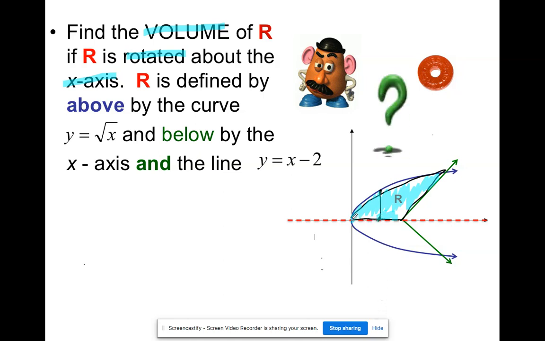Look, for this part of the shape, there's no space between the shape and the axis of rotation. So what do I have there? I have potato chips, right? That is when I have no hole. There's no hole when I spin the image. That is a solid disk. So the first region is just going to be,